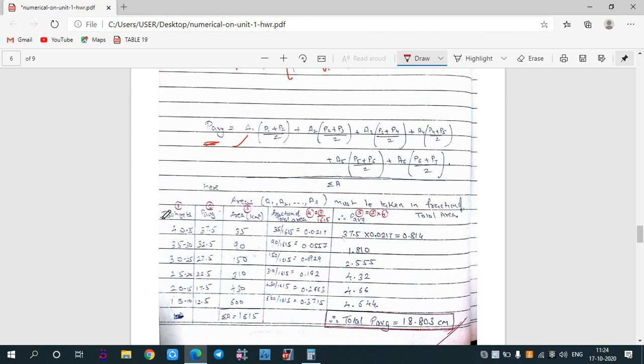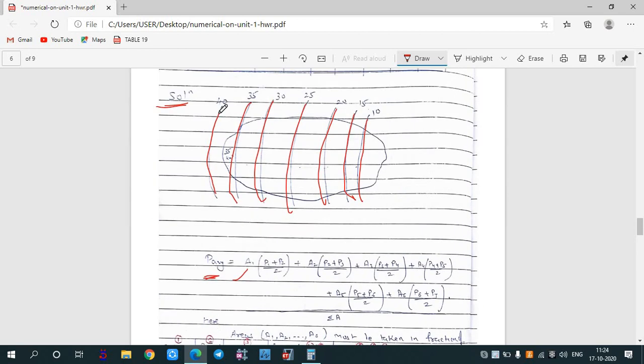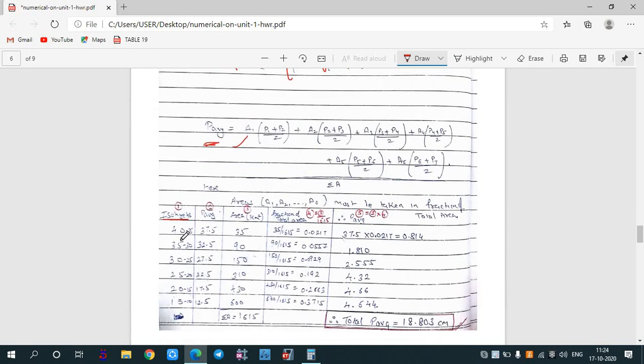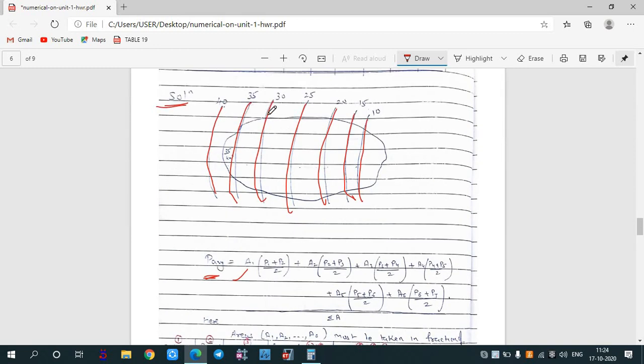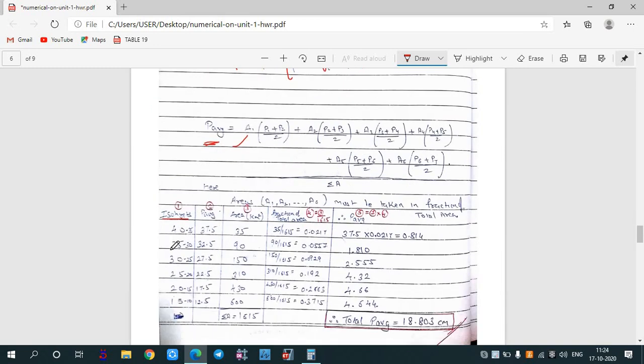So as you can see, the first part of your table is your isohyets. So we need to consider the isohyets. The first isohyet is 40, the second is your 35. So we'll write 40 and 35. Second is your 35, then 30. We'll write 35 and 30 in the second one.